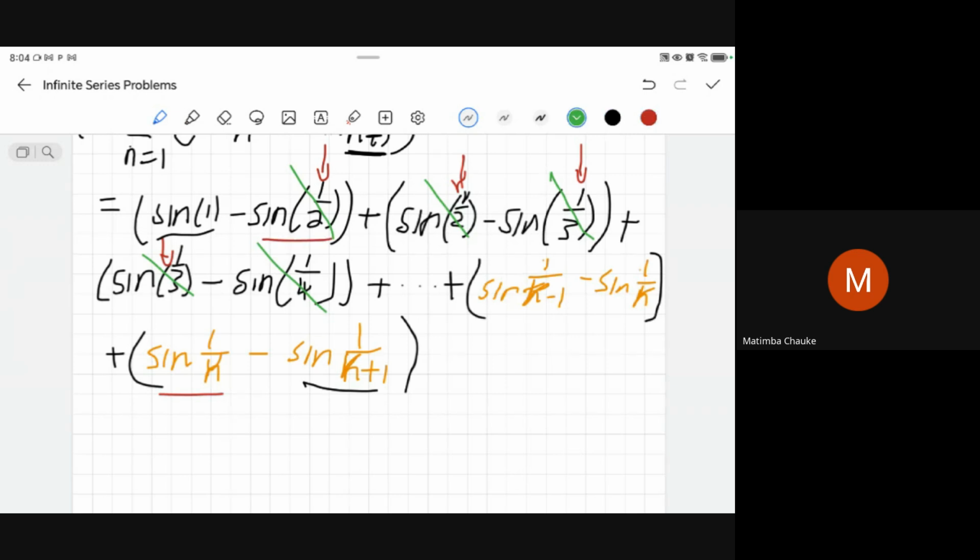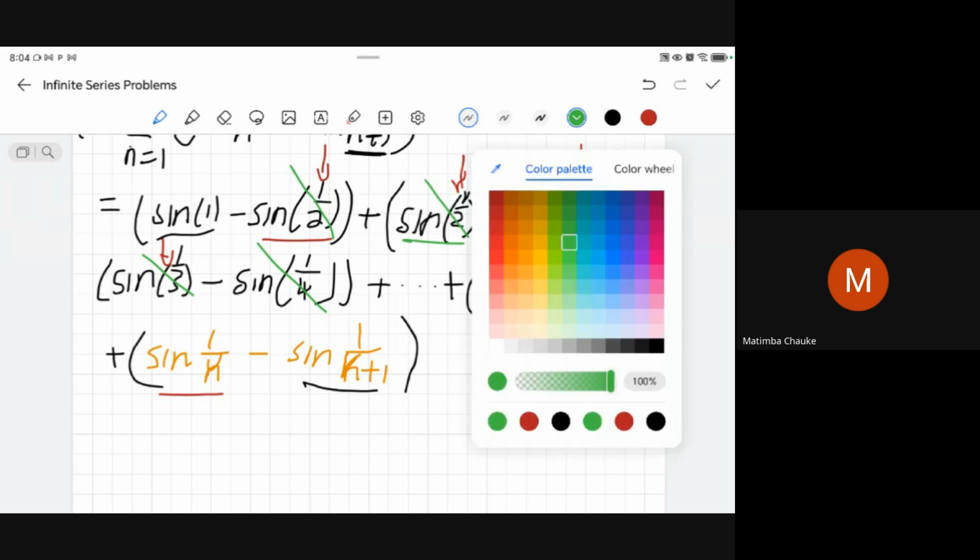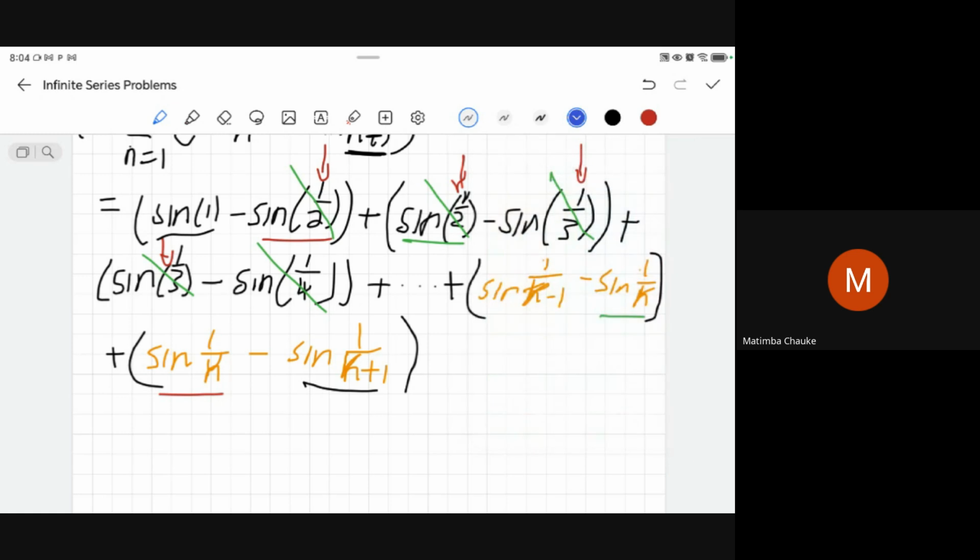Cancel. This one matches with this one. It cancels. And this one matches with this one. It cancels. You see? So now I'm going to say